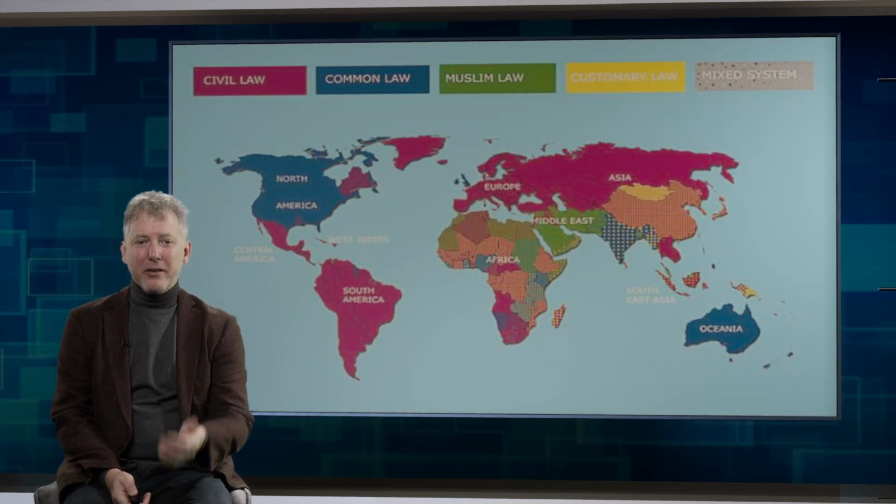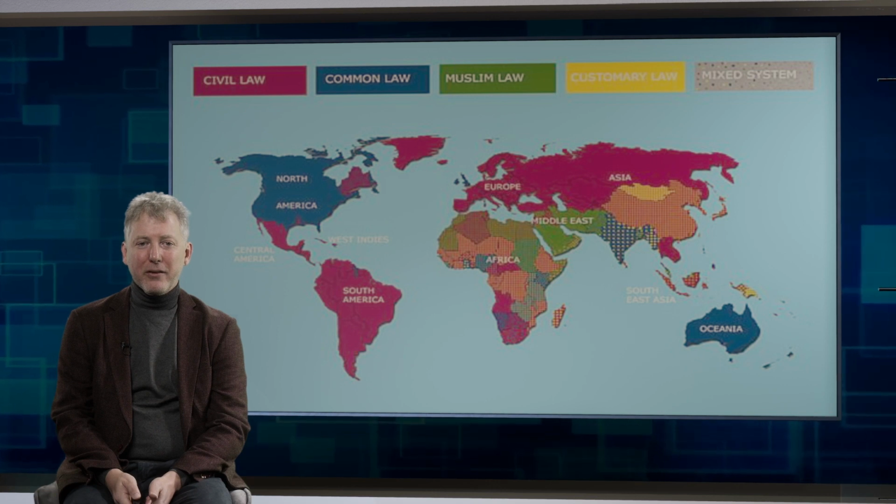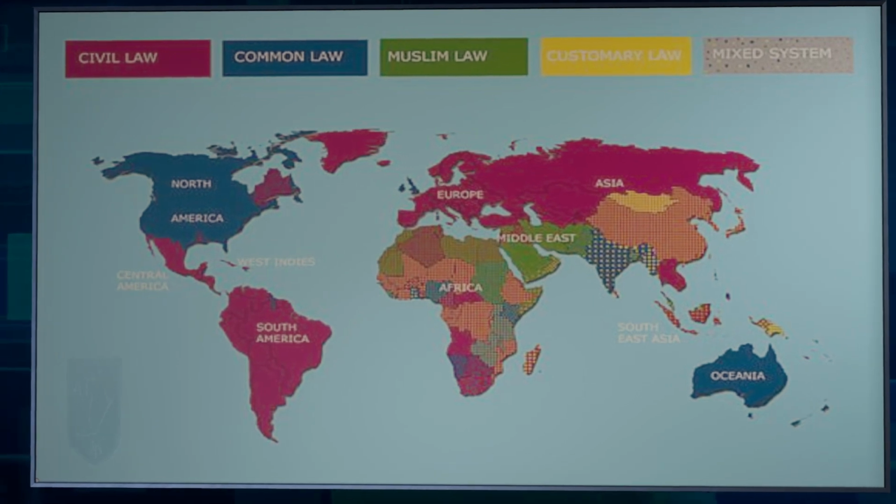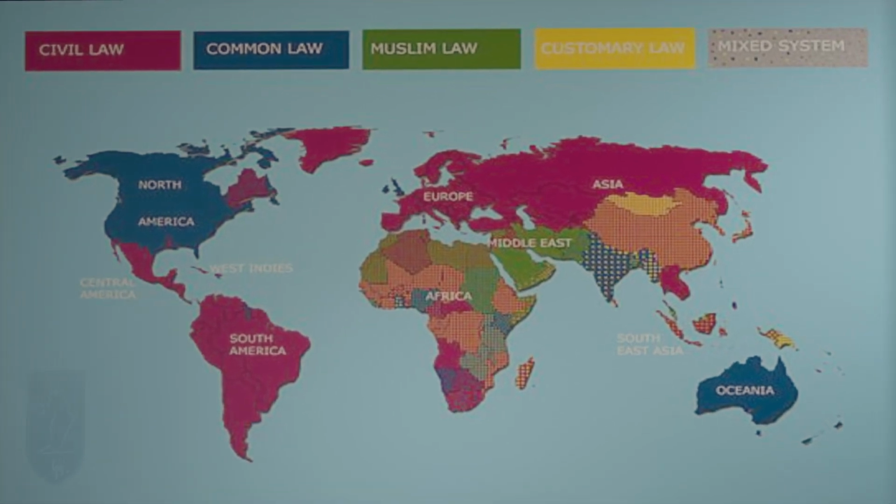As we see in the map before you, there are a number of countries that have common law systems, and we'll talk about what that is in a moment. Essentially, it follows the old British Empire. So we look at the United Kingdom and Ireland and Europe, but also Australia, New Zealand, most of Canada, and most of the United States have common law systems. And so by learning legal English and understanding the basis of a common law system, you'll also learn more about how the legal systems work in these English-speaking countries.